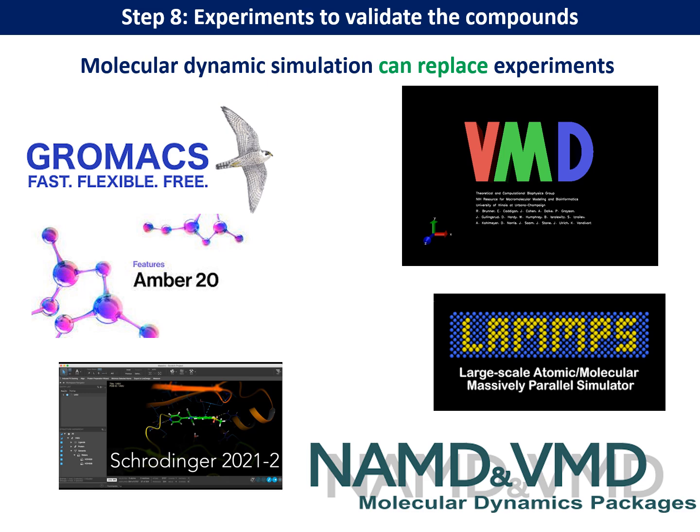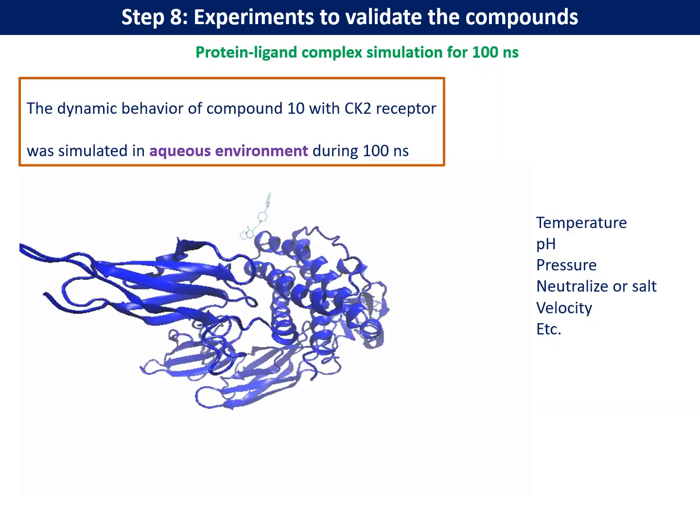Here I show you a lot of software to perform molecular dynamic simulation, but you need to have a strong computer. For example, GROMACS, VMD, Amber, Schrodinger, LAMMPS, or NAMD, a lot of software. After you